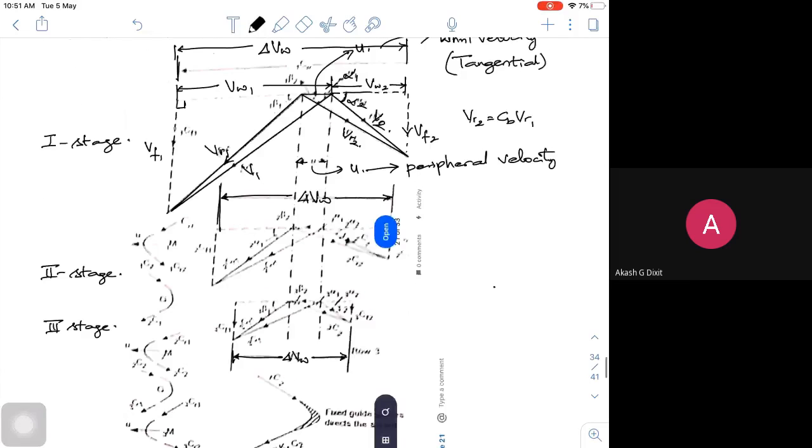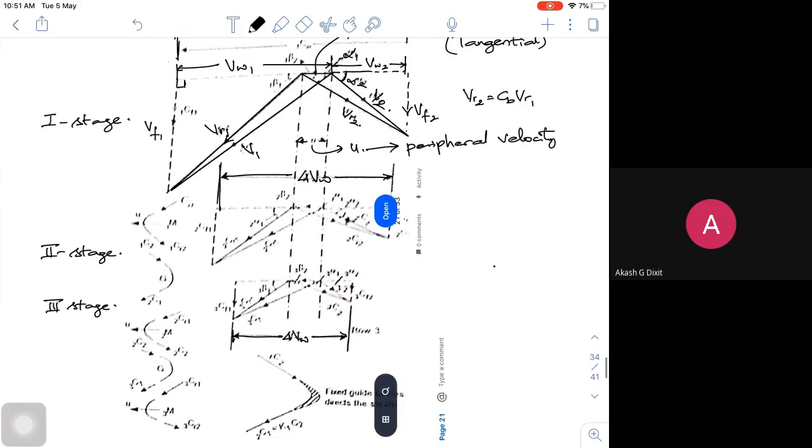So for any number of stages, the maximum number of stages we can find in steam turbines is 4. So there can be 3 stages. You can't have any turbine less than 3. So it will be either a 3 stage or a 4 stage. Or they may ask you to do the numerical only for the high pressure turbine. If they ask you to do it for the high pressure stages of the turbine, there will be the first stage and second stage. The low pressure stage of the turbine means it will be the third stage and fourth stage.